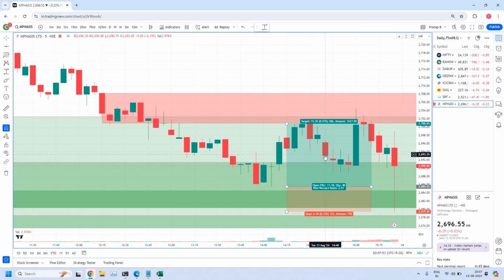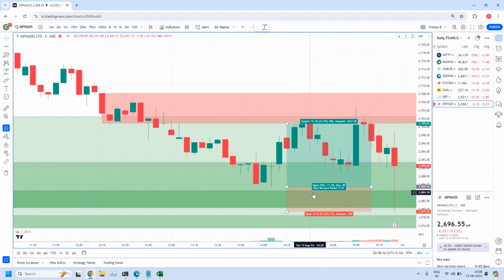So that's why such a trade is only for experienced people, because a lot of adjustment has to be done here. See the adjustment here. At least 1 rupee buffer, if you would have added 1 rupee buffer. Anyway, this stock is a big stock, 2,696. Still you can add even 2 rupees buffer also. But if you add 2 rupees buffer, you will not get even 2.5 RR. That's why after adjusting to 1 rupee buffer, we achieved 2.5 RR. That's why I am saying this is for experienced people. A lot of adjustment has to be done.